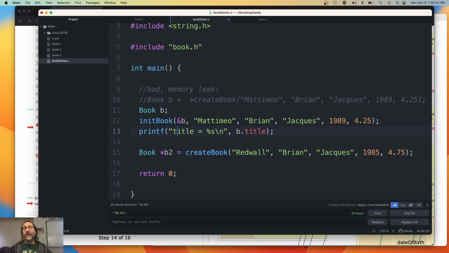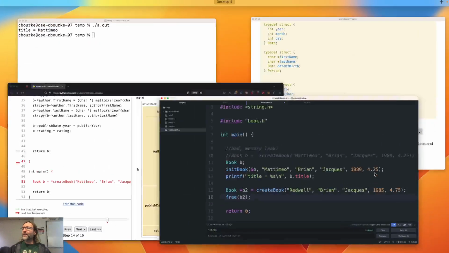What about, and it's not that big of a deal in main. Memory leaks don't matter in main that much, at least for this course. Have I cleaned up this book? Nope. So let's do that. Free B2. Except that, let's look at the